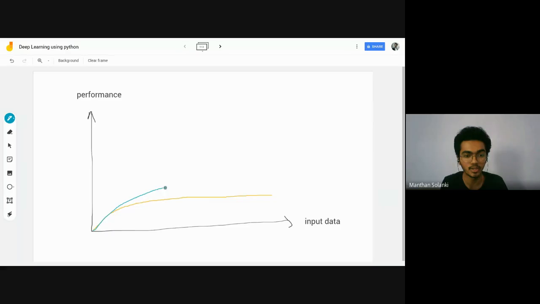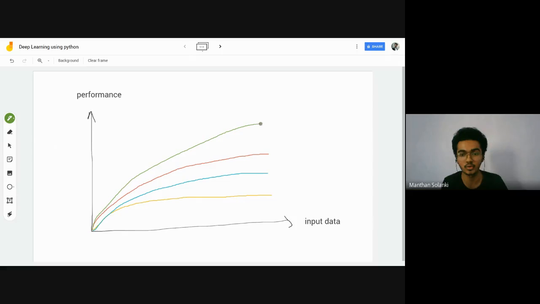It will give us a little bit more performance than the machine learning algorithm. This is the small neural network, right? And then if we take a larger, medium sized neural network, it gives slightly better performance compared to the small neural network. And then lastly, if we use the larger neural network, it will provide us the best performance on our input data. So this is why we are using deep learning.